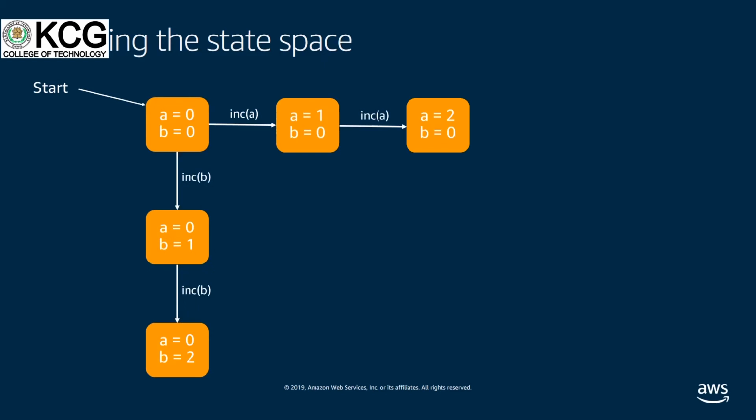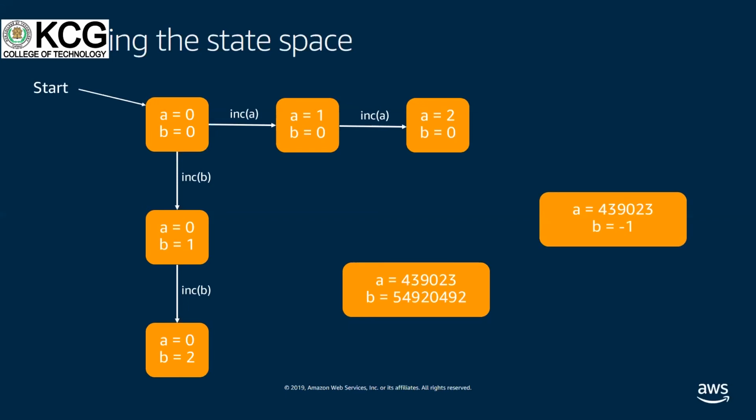So you can keep doing it to your heart's content, and you can imagine a state that can potentially look like this, where A is this massive number, 439,023, and potentially 5 million for B. That is a state that you can imagine because you keep incrementing and you can potentially arrive at that state. But that is not your entire